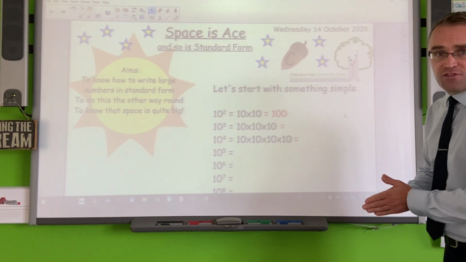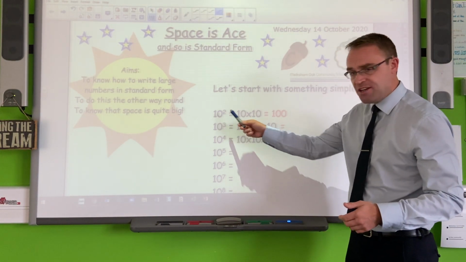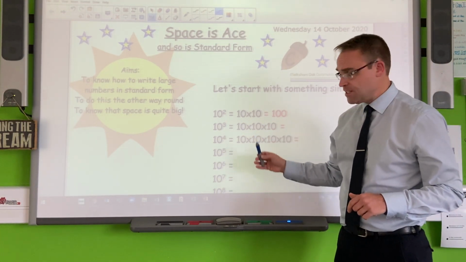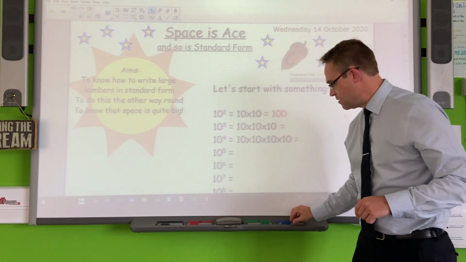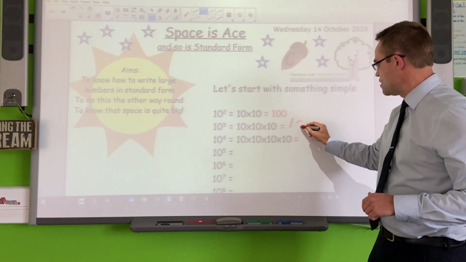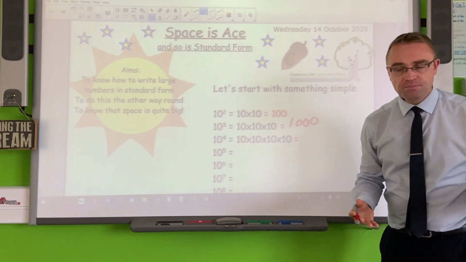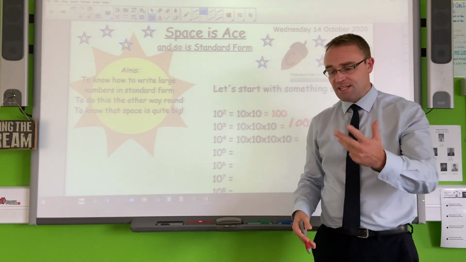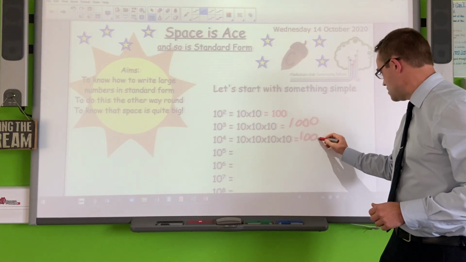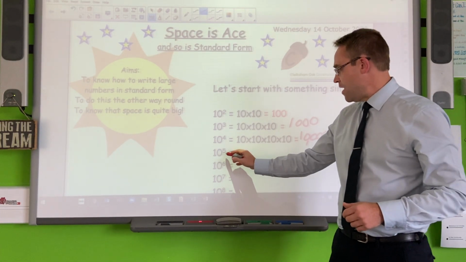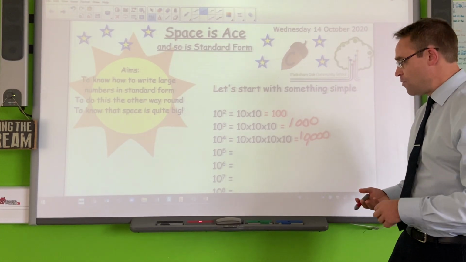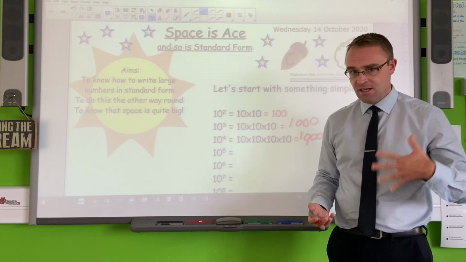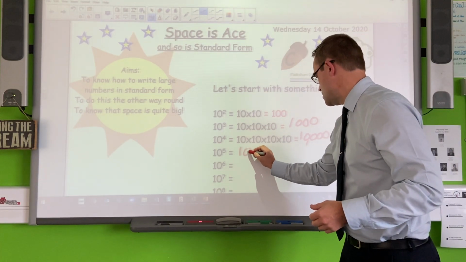So I thought we'd start off with something simple to begin with. 10 squared means 10 times 10, which is 100. 10 cubed is 10 times 10 times 10, which is 1000. 10 to the power 4 is 10 times 10 times 10 times 10, which is 10,000. And as we can continue the pattern, 10 to the power 5 is 10 times 10 times 10 times 10 times 10, which is